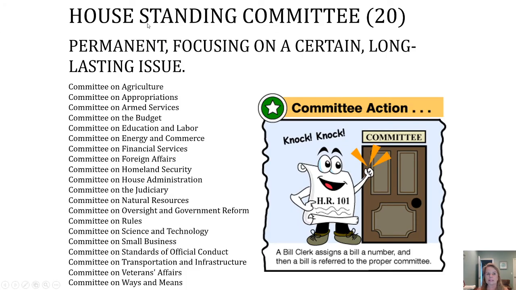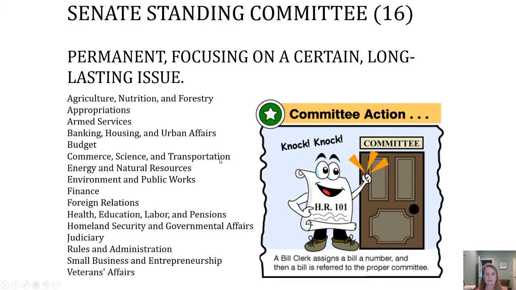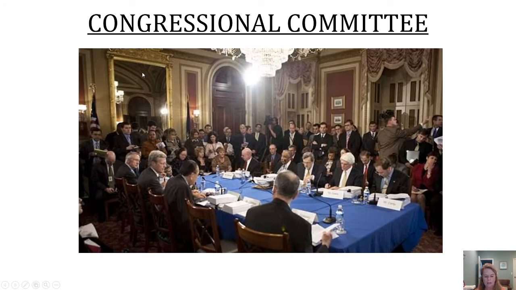These are some standing committees in the House. There are 20 of them. If you want to take the time to read through all of those, go ahead. Pause it, whatever you need to do. These are standing committees in the Senate. There's 16. These are always around, permanent committees. And the second type,